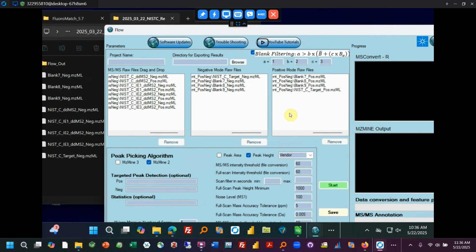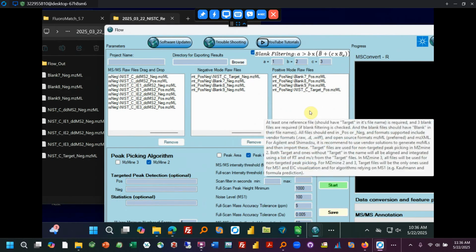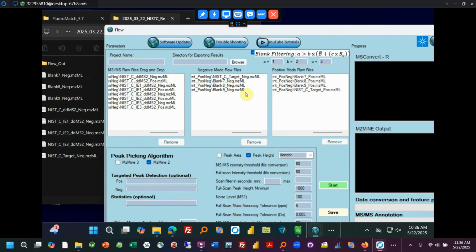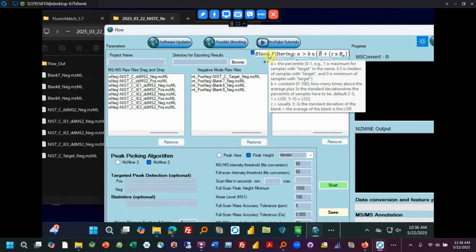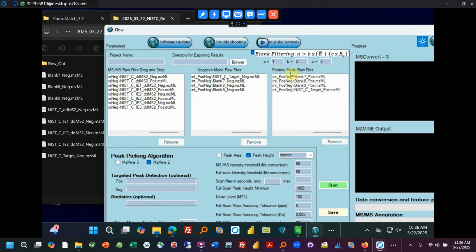Alright, so these are the samples. Note that if you have samples that don't have target in their name, they will still be peak picked and integrated. And if you have samples with target in the name, they'll also be peak picked and integrated. So you don't have to have a sample twice. If it's called target, you don't have to have a version that doesn't have target in the name. Alright, now that we're done with that confusing name conventions, let's go into blank filtering, the one other confusing aspect